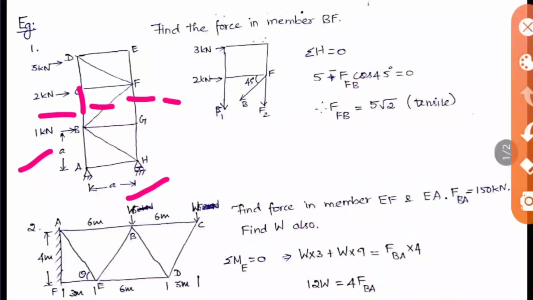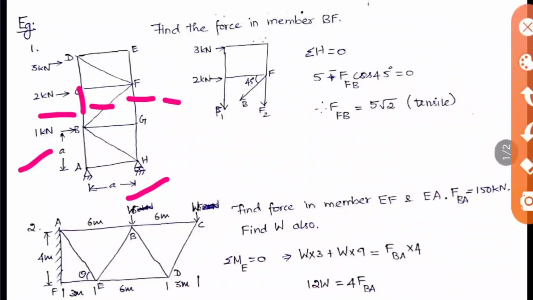So now you have three conditions here: vertical, horizontal and moment. So which you have to apply first, that is very important, because in this member there are two horizontal forces here, and then two vertical forces here, and then one inclined force here. So the horizontal forces are already given in the question.